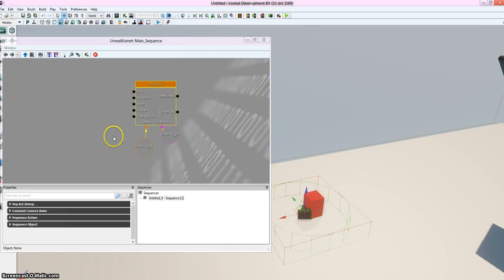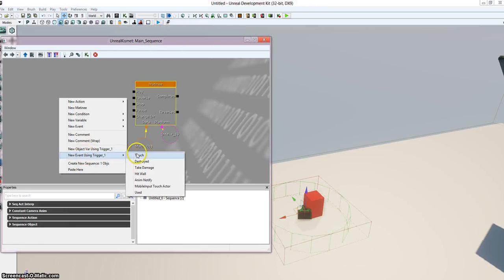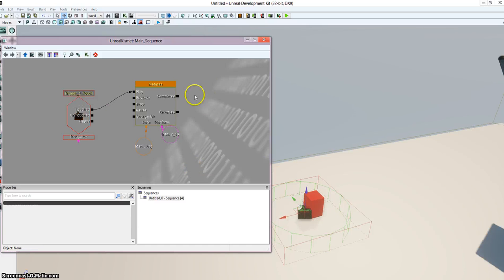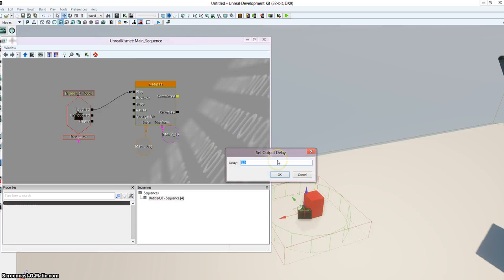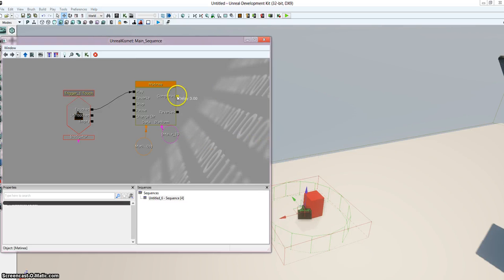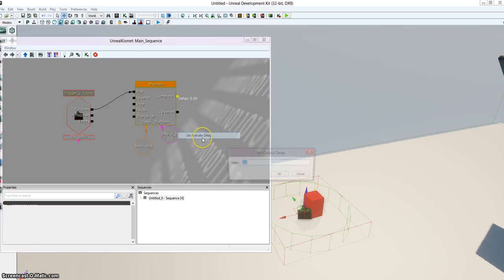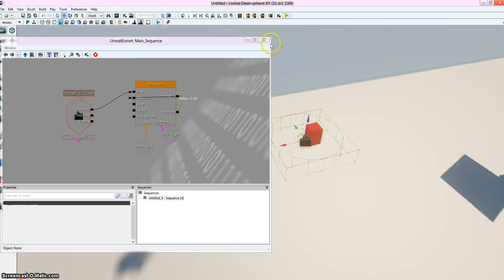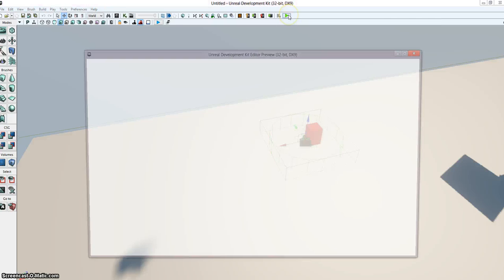Okay, let's do a new event touch with the trigger selected, and when it touches it, we play it. When it completes, let's add an active delay of 3 seconds. Actually, that's 1.2 seconds. And we play it again. We reverse it actually, just so we see how it goes. Okay. Now if you play it,